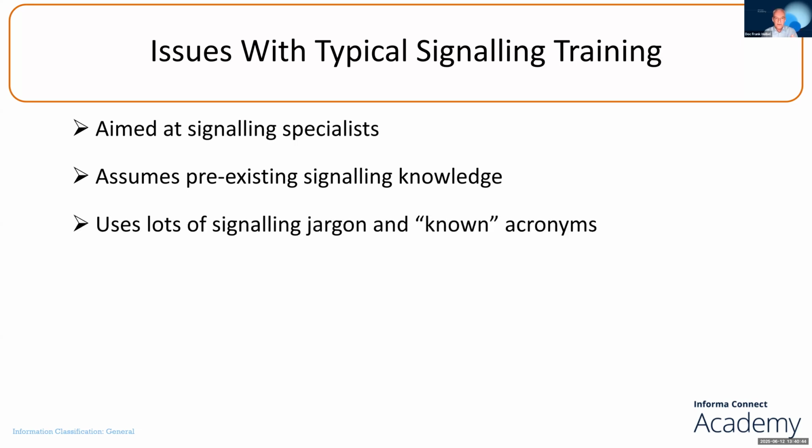These trainings also often use signaling jargon, so specific language using signaling terms, and also some acronyms that are considered as known. Automatic train protection, ATP, would be one of them. You hardly hear any signaling person talking about automatic train protection. It's much too long. ATP is so much shorter, more convenient. People are lazy, so they throw around acronyms. ATP, ATO, ATS, MA,